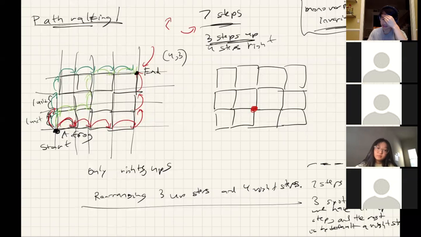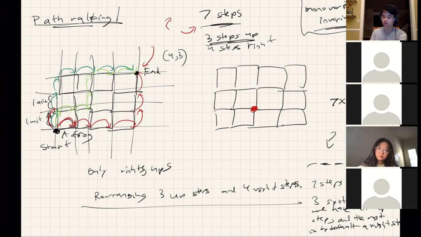So three of these steps are going to be an up step, and the rest are going to be a right step. So to compute this, we first have 7 times 6 times 5,